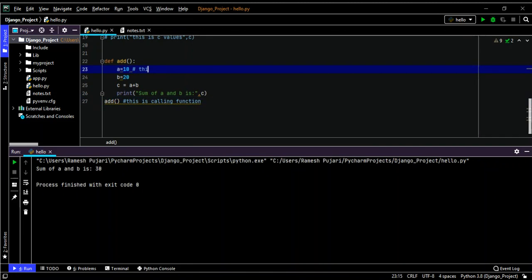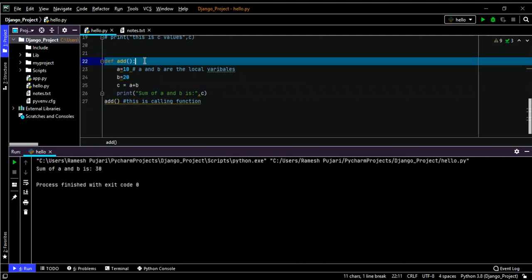So these a and b are the local variables, performing the operations and storing in the c variable. So c is the temporary variable. I performed the addition operation on a and b, then stored it into c, and I'm printing that value.